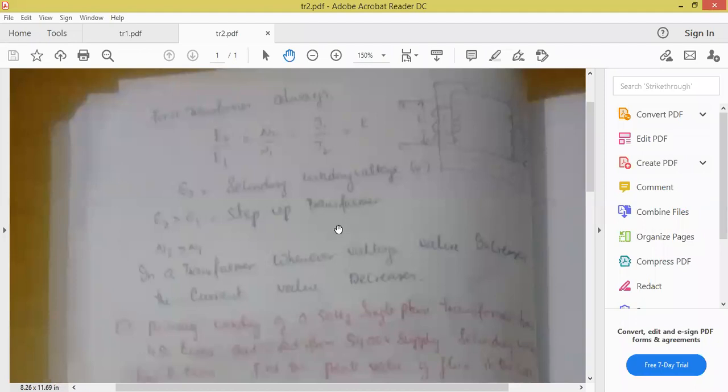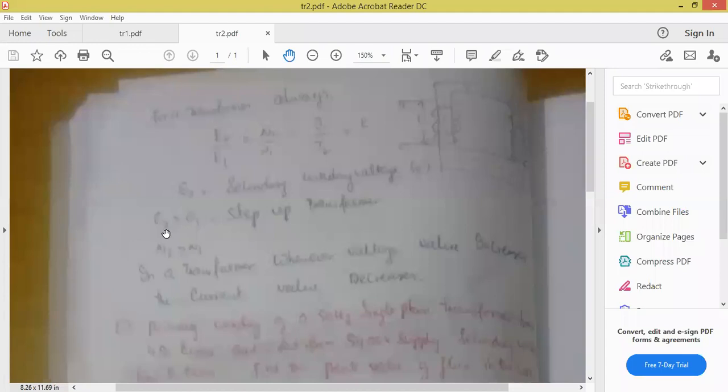And from 3 phases plus neutral, how much voltage are we getting at your house from the poles? 230 volts. So why is it 11,000? It is not our subject. I'll show you practically. One day an industrial visit will be there very soon. We will go to Nagarjuna Sagar Dam or Srisailam Dam. There you will see the generation and transmission of electricity, and where we place the transformer also.